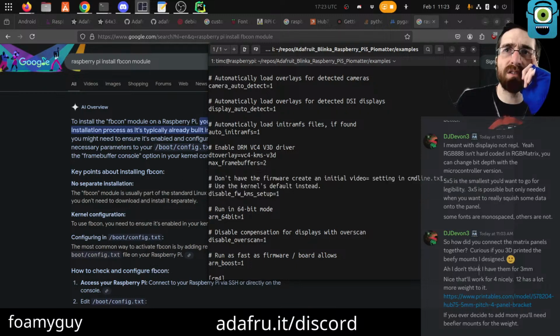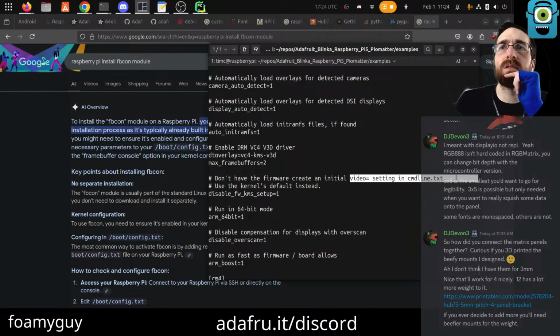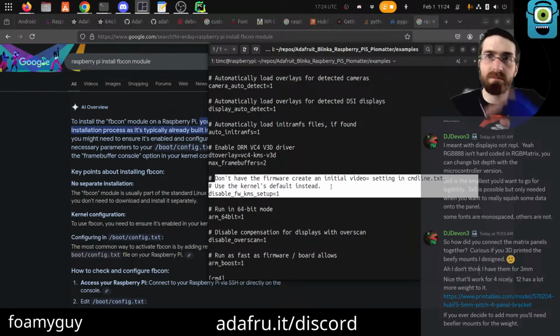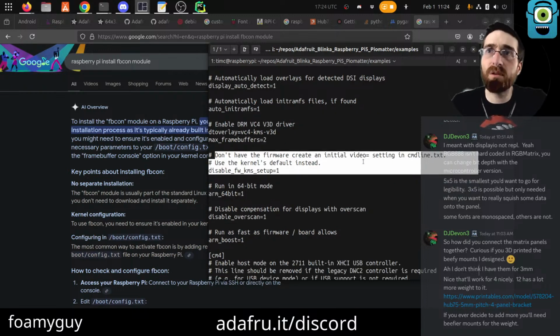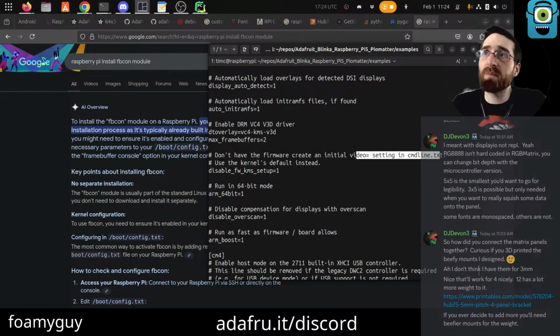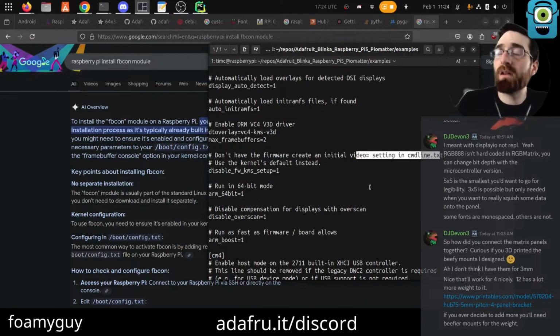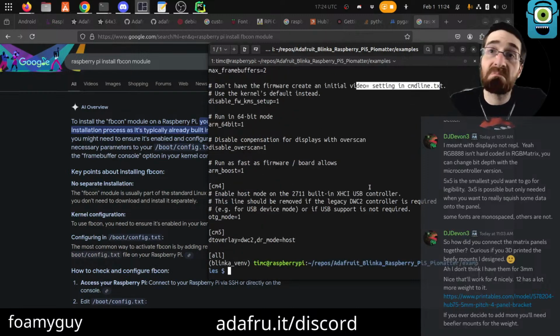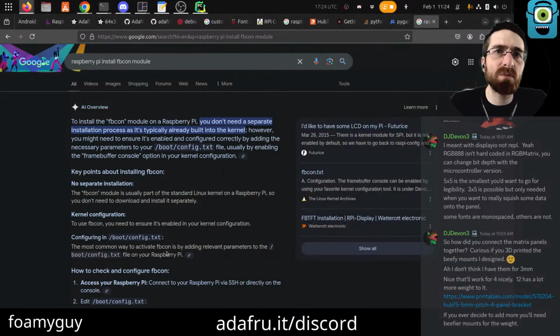I edited this file to add a video thing, actually. So this saying don't do that makes me wonder if actually we want to change this. That being said, I don't really know what it means, but I did add something in here as part of this process. But it's working, so it must be working.